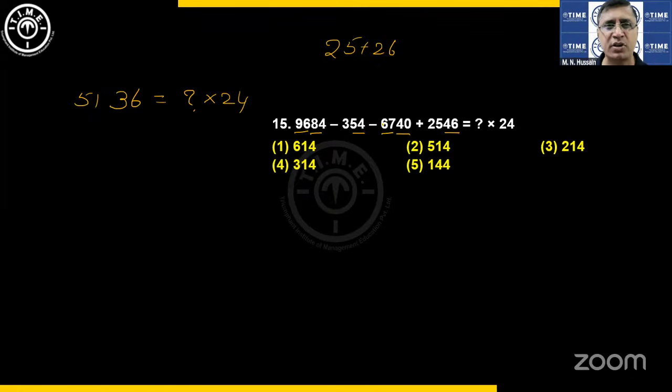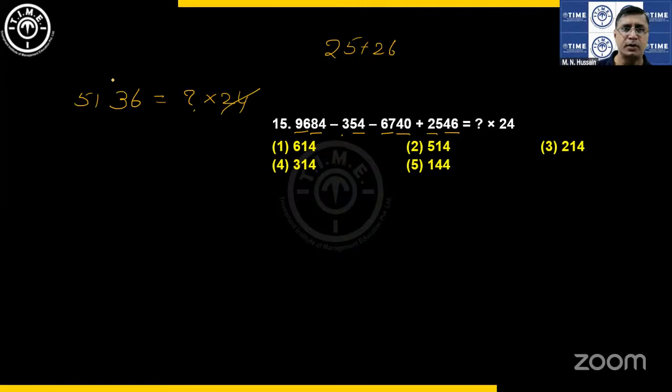By adding the values on the left-hand side, it will give 5136. How come? 84 minus 54, that is 30. 46 minus 40, that is 6. 30 plus 6, 36. 96 minus 67, that is 29. 29 minus 3, that is 26. 26 plus 25, 51. On solving,